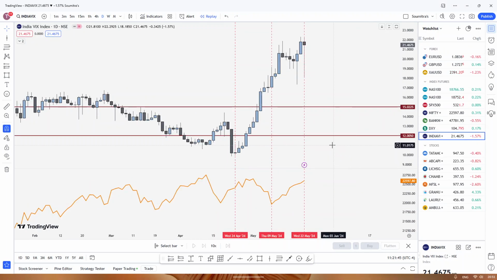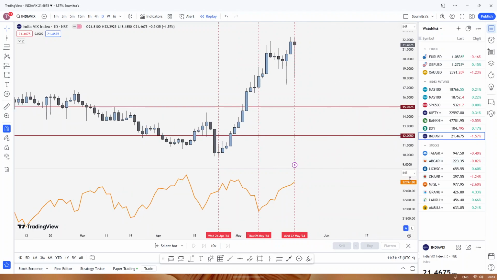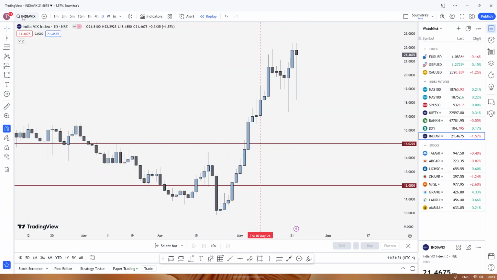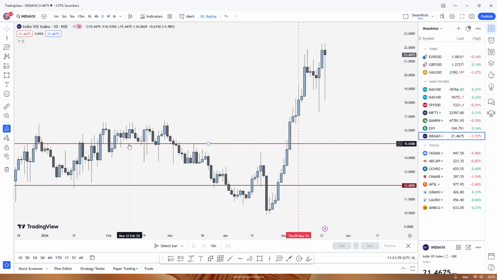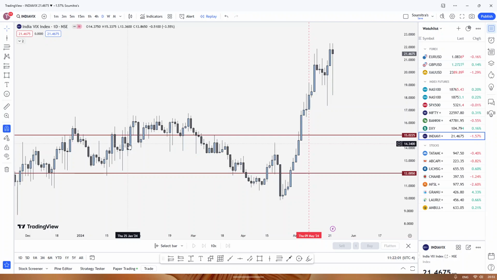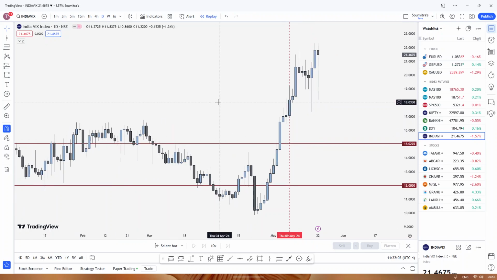And so what is the best range for India VIX? In my opinion, the best range is 12 to 15. When your India VIX values are coming in this range of 12 to 15, then your strategy will work. So what does that mean? Does that mean it will give you 100% accuracy? No. What I mean to say is, for example, you have a strategy here,